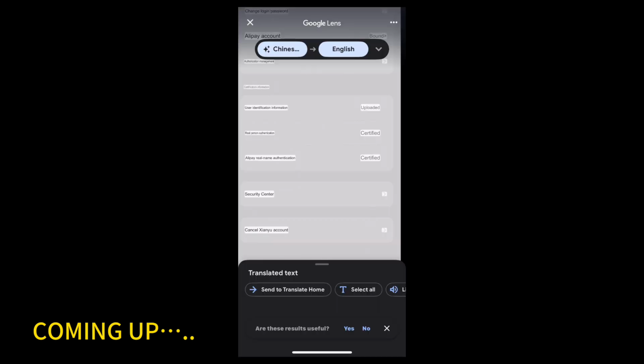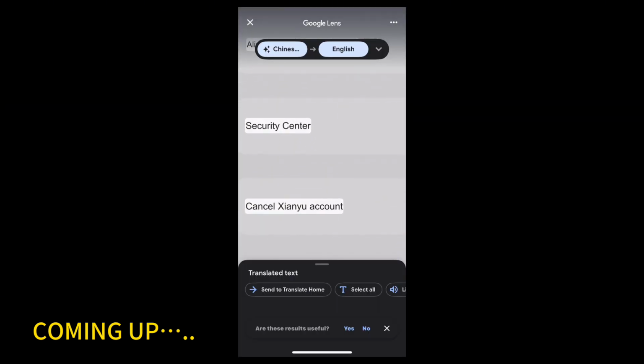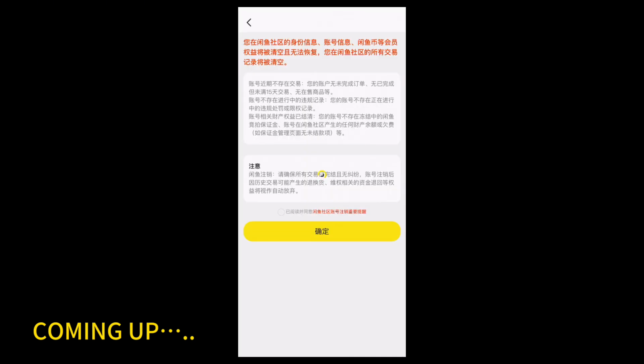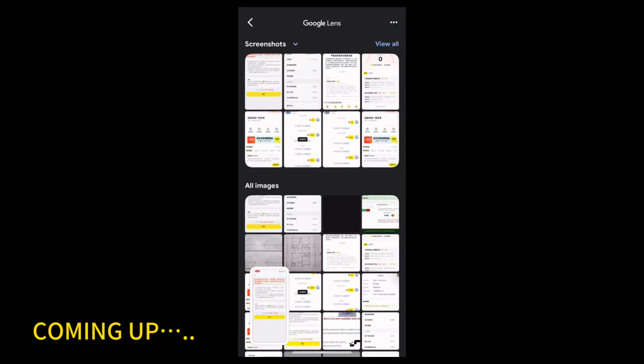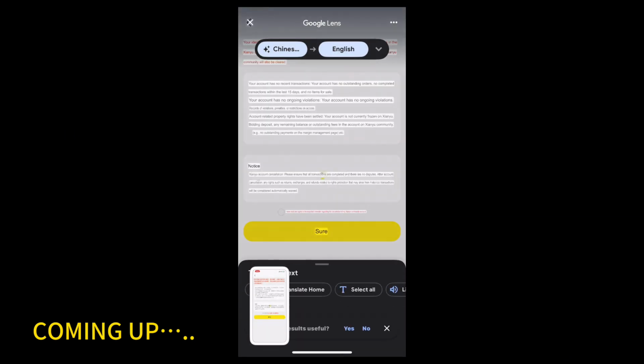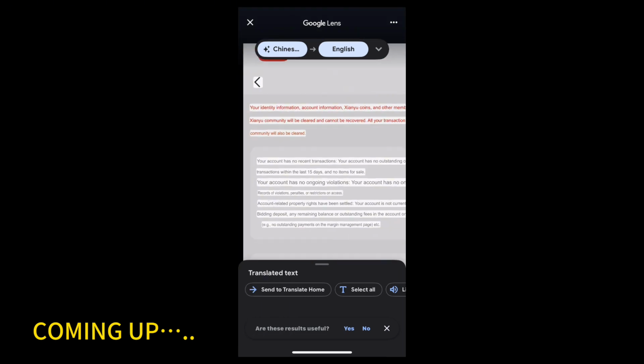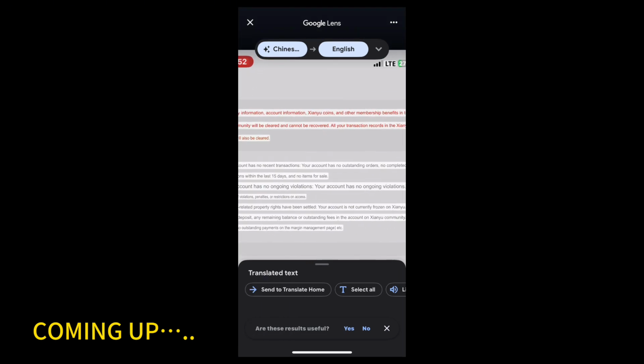What we're going to be doing here is to cancel the Xainyu account. We want to cancel this account. We don't need it anymore. That tab, which is this tab, is in form of a warning, warning us, are we sure that we want to close this account. You can see here it says your identity information, account information, Xainyu coin, and other